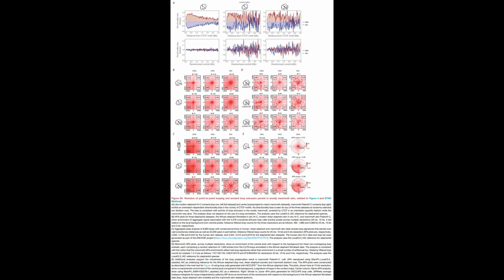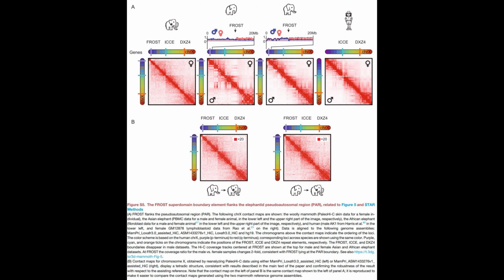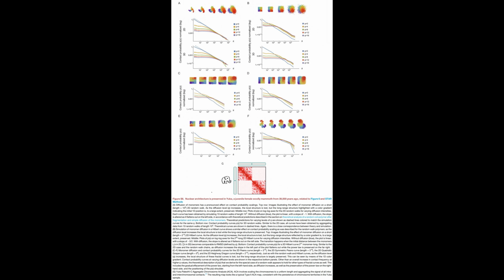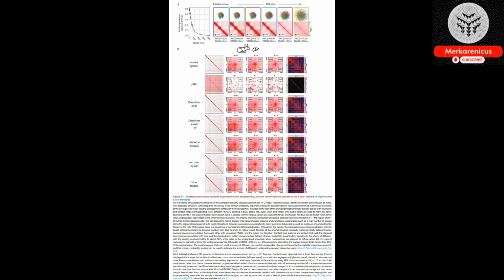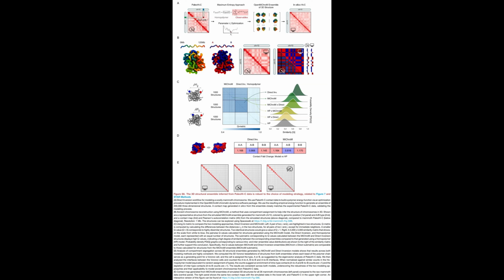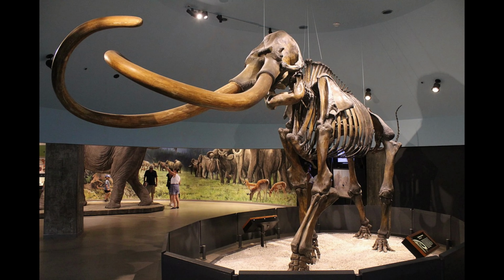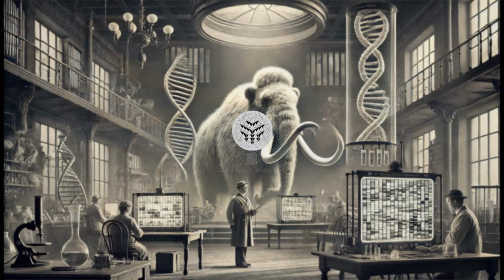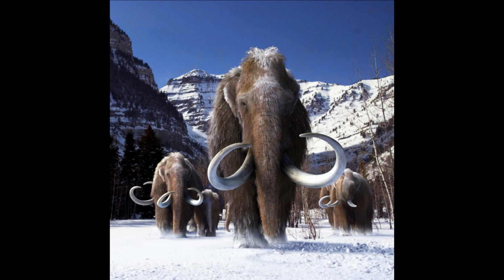The wealth of information obtained from understanding the three-dimensional structure of a genome extends far beyond its linear sequence. However, the challenge arises when dealing with ancient DNA samples, which typically consist of fragmented and disordered genetic material. Inspired by previous research on mapping the 3D architecture of the human genome, Aden hypothesized that locating a suitable ancient DNA sample, one that retains the intact 3D organization of its fragments, could potentially enable the assembly of ancient genomes